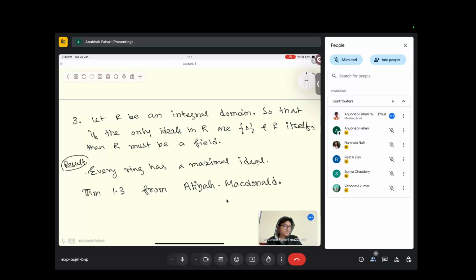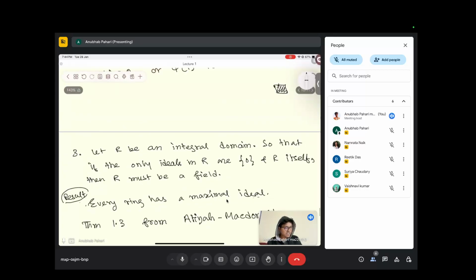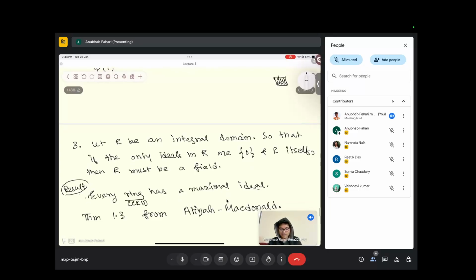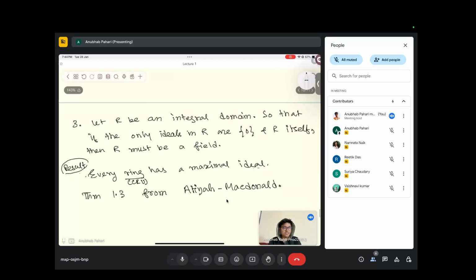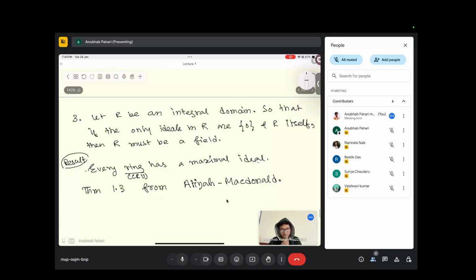So by ring again I mean commutative ring with unity. This is good. So discussing this result, we actually get a bigger result. And also I have another solution, but okay,